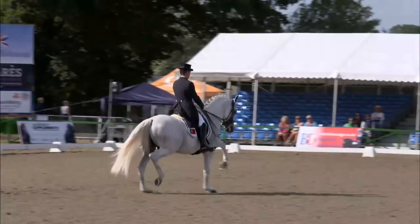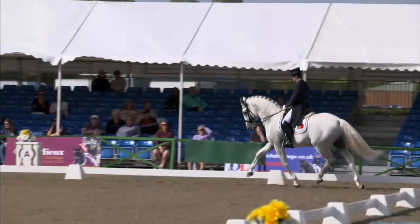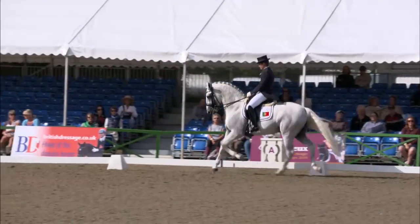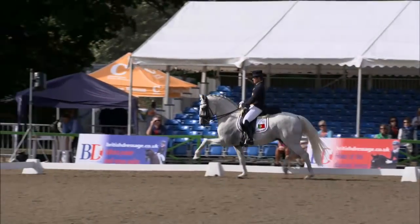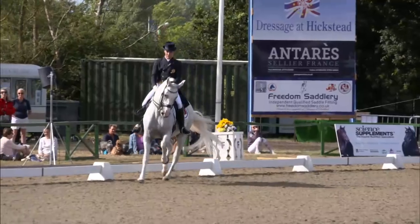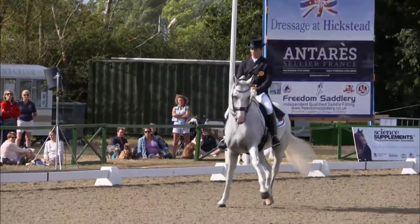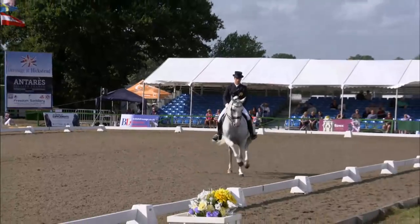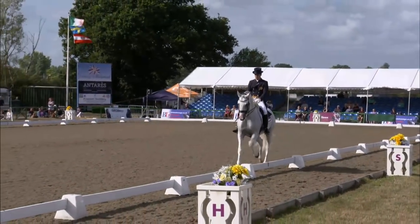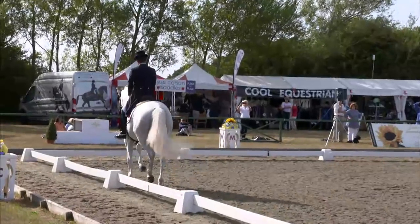Lovely extended trot. Good transition back. He's got a real good ability to sit, hasn't he, this horse? She just has to be careful. She gives him time to make the cadence in the passage. A little bit of tension there. It just flattens a little bit in the half pass, but